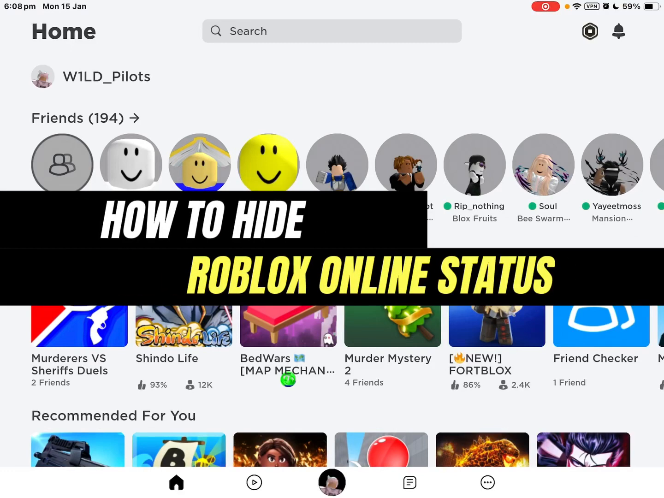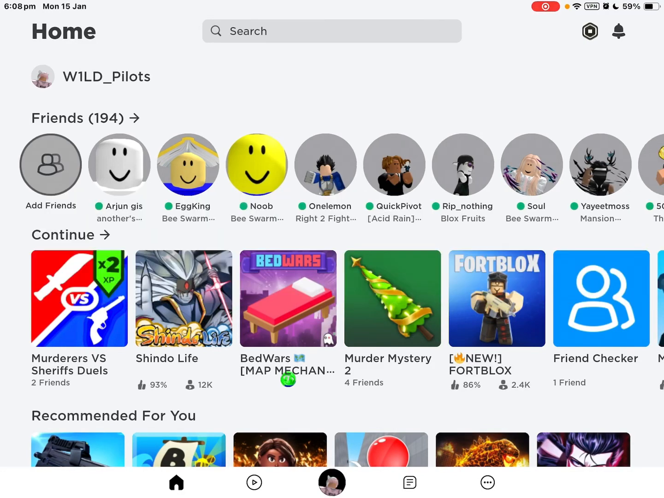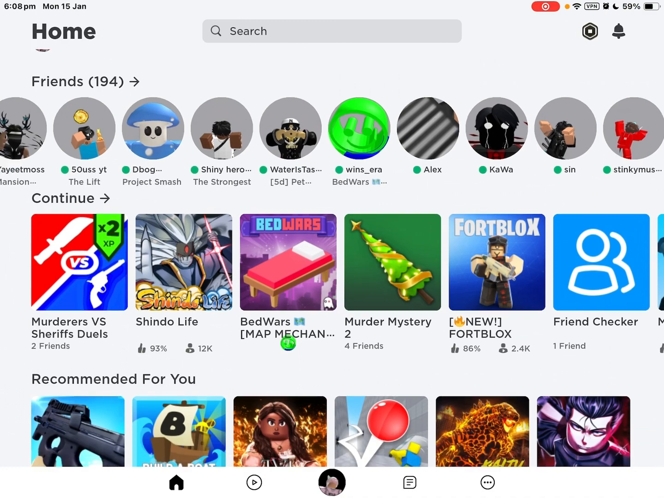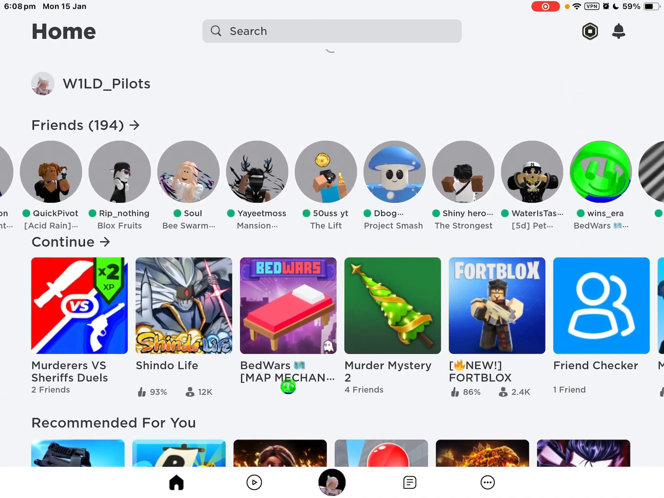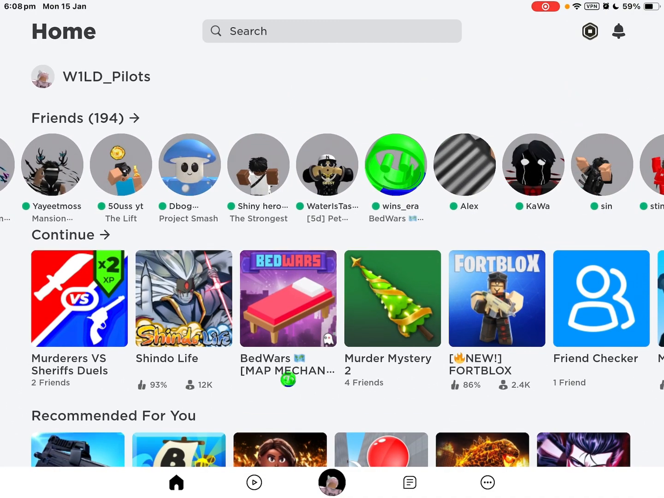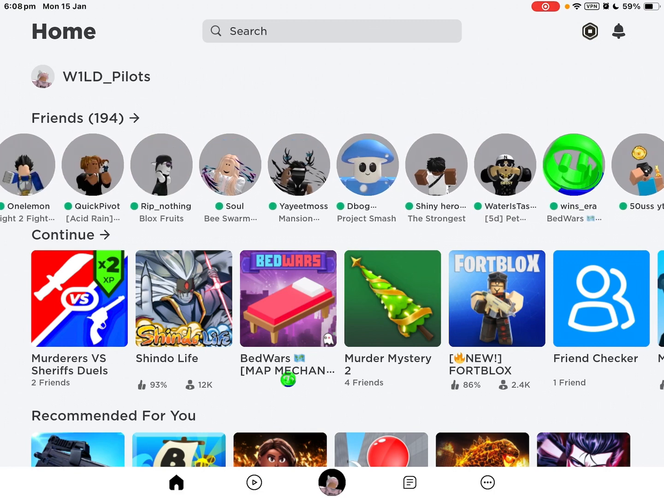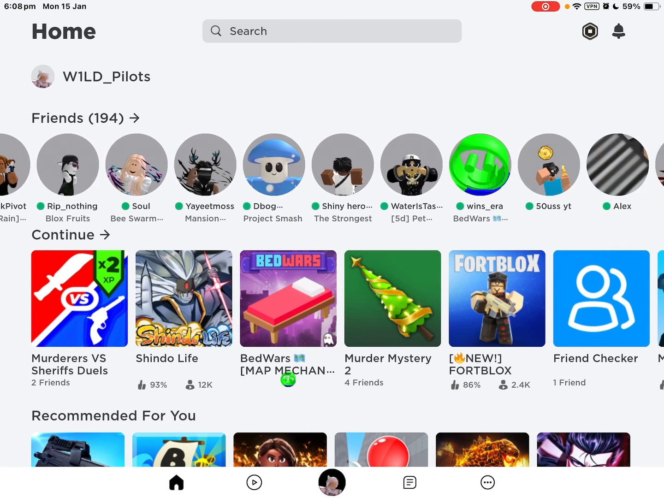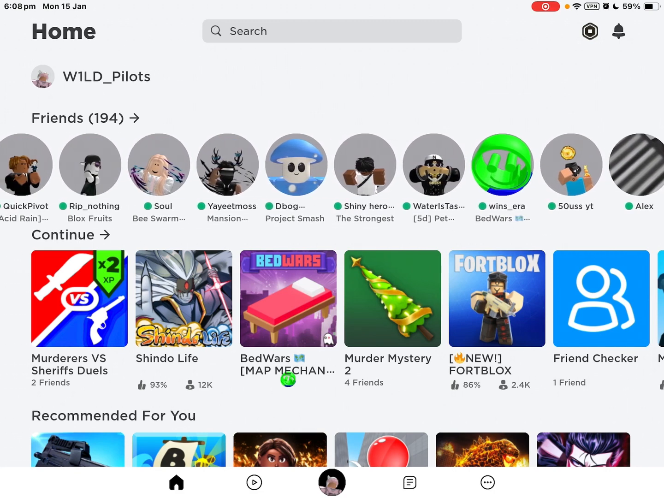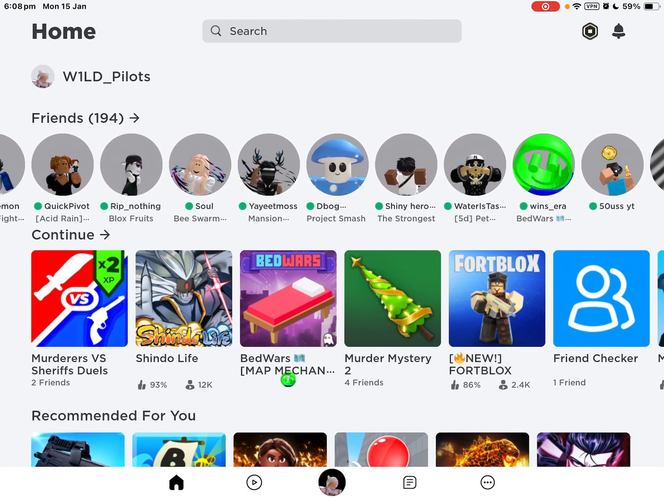How to hide your online status on Roblox. So your online status is basically how your friends can see what game you're playing. As you can see, these are my friends over here, and you can see what games they're playing. Winzera is playing Bed Wars, Shiny Hero is playing The Strongest Battlegrounds, and they're